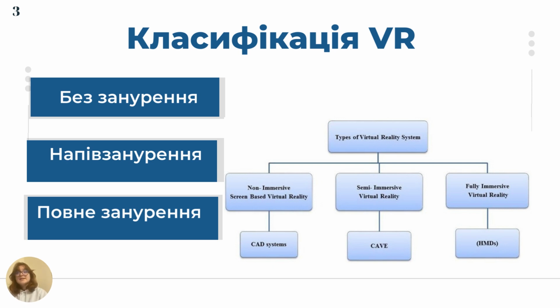The next one is semi-immersive virtual reality. Semi-immersive virtual reality provides the user with a partially virtual environment. It will still make the user feel like they are in a different reality when they focus on the digital image, but it also allows users to stay connected to their physical surroundings. A great example is virtual reality rooms.